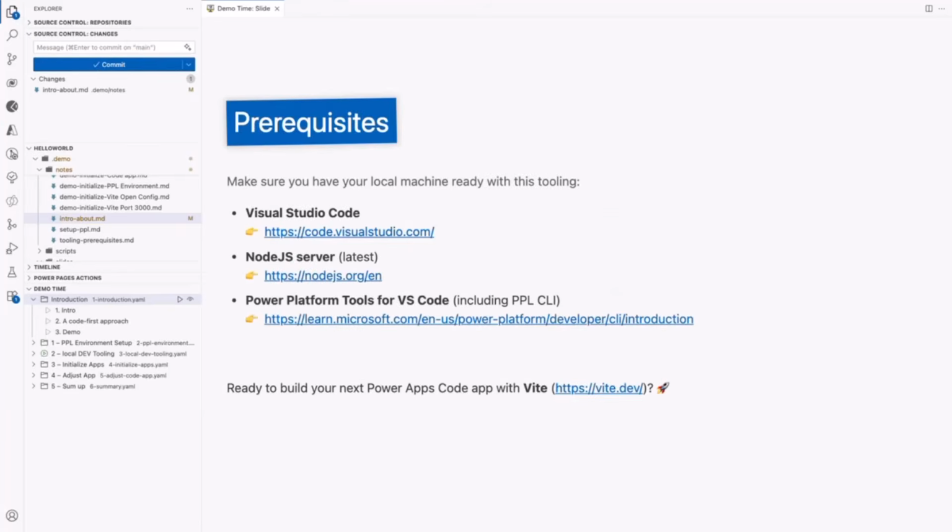The prerequisites for your machine: just make sure you have Visual Studio Code running. You need a Node.js server, based on the latest version. It needs to be at least Node 22, I'm pretty sure that is Node 22. And you need the Power Platform tools for Visual Studio Code. I definitely would recommend them because